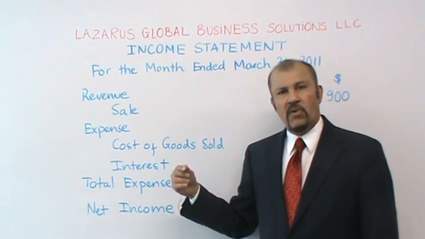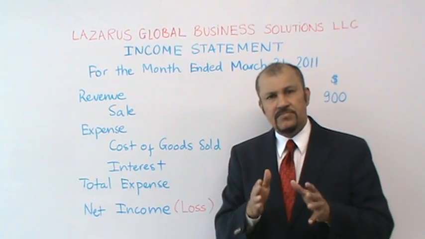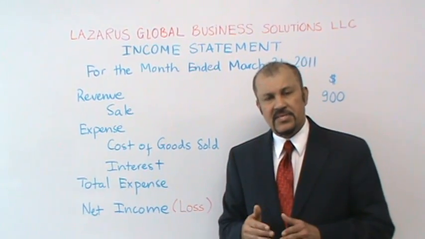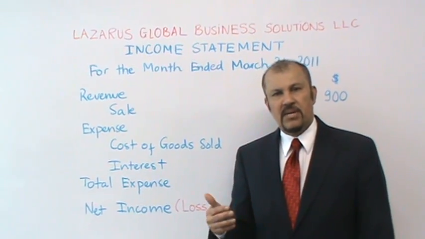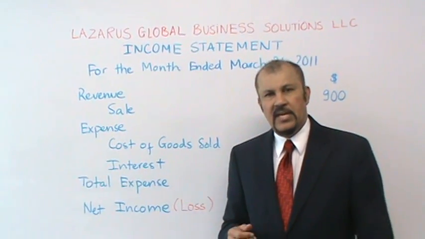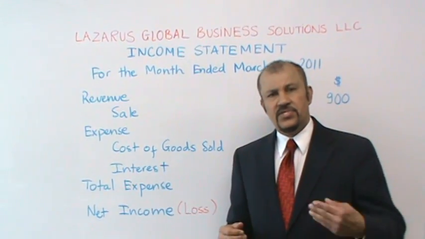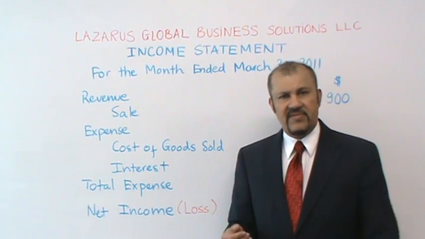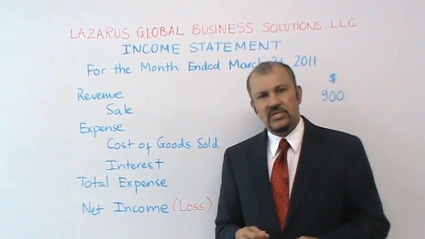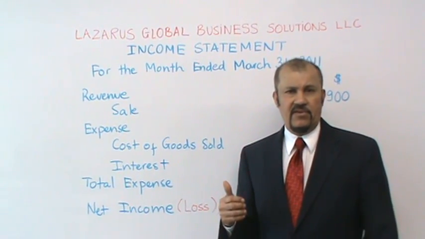Now, going back to a point I made earlier, when I said normally we don't prepare income statements for a period less than a month. Let's assume for a moment we decided to prepare the income statement for only a week. And let's assume that we are doing this for the last 7 days. And let's further assume that we had very heavy snowfall in the last 7 days. If that's the case, how much sales do you think my computer store would have? Or if I'm selling